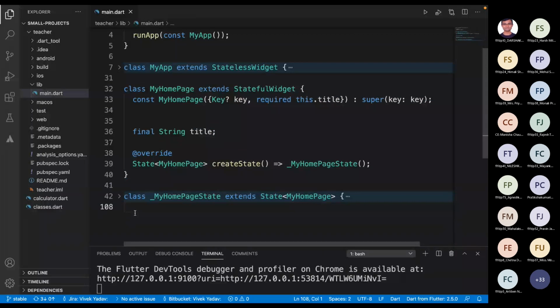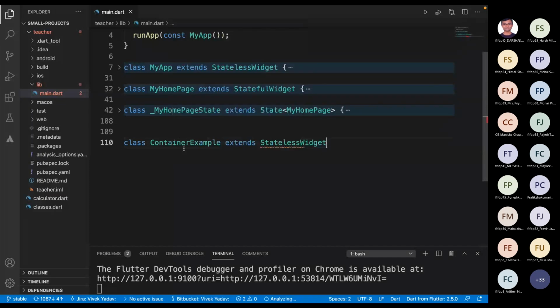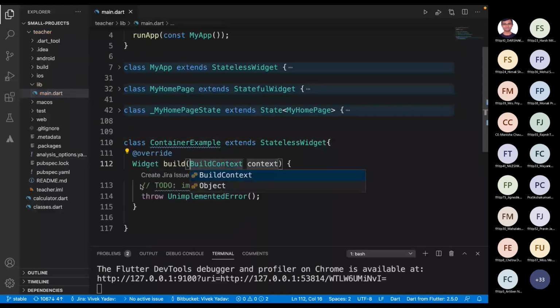Let's create a stateless class as well. Let's call it container example, which extends stateless widget. If it is extending stateless, that means our container will never be updated.